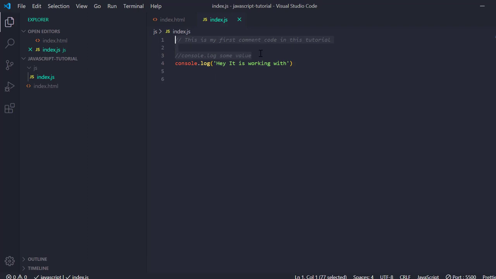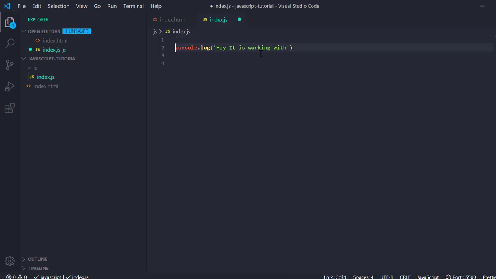Also, I need to add some comment in this index.js file. So at first I need to show you how to write a comment in JS. So this is the first syntax to write a JS comment, and then you need to put the message like this is my first comment. Actually not comment, it is comment in JavaScript